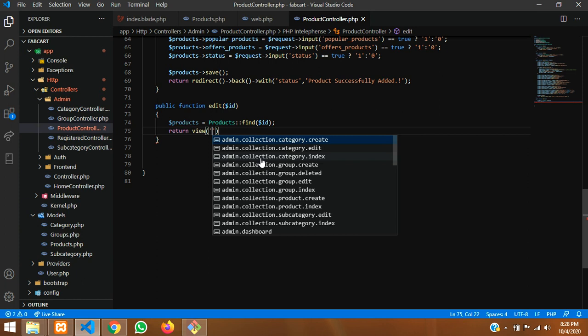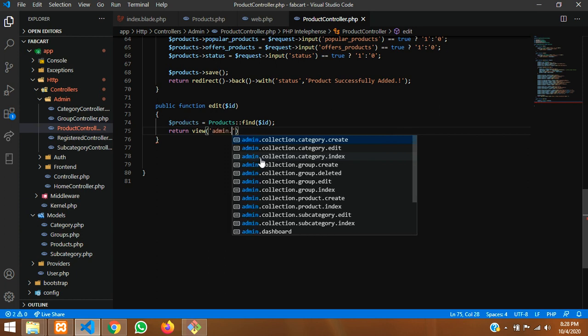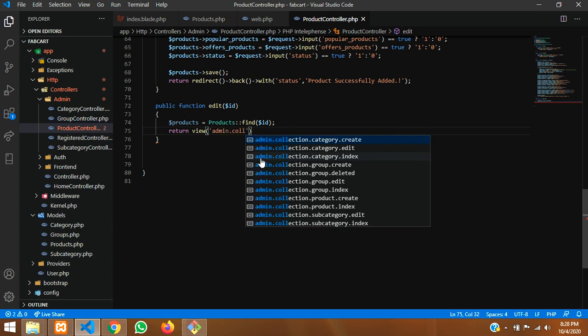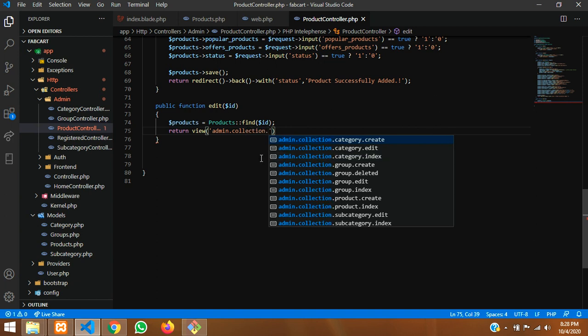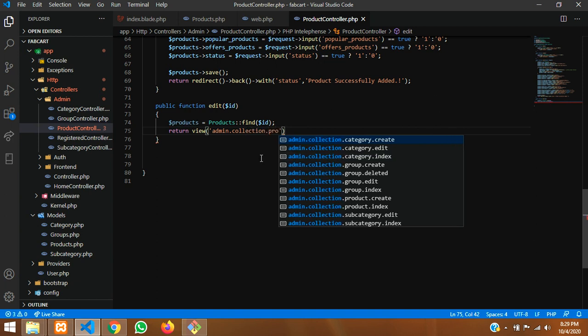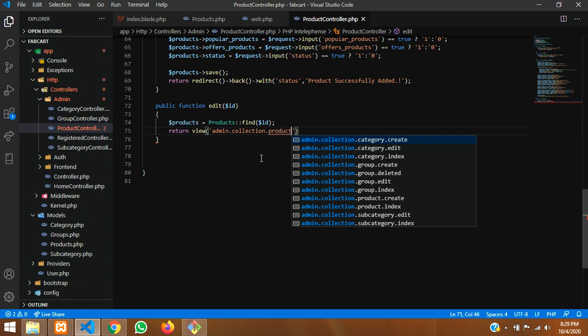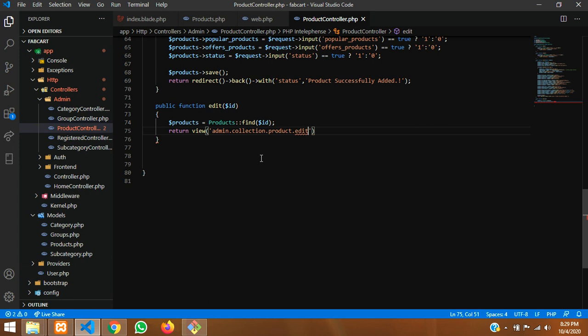So inside admin.collections.product folder.product.edit. So this is the file which we are going to update with products.